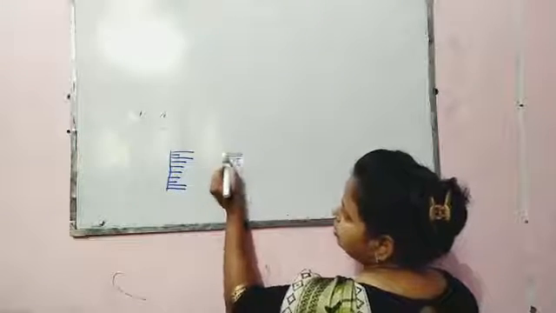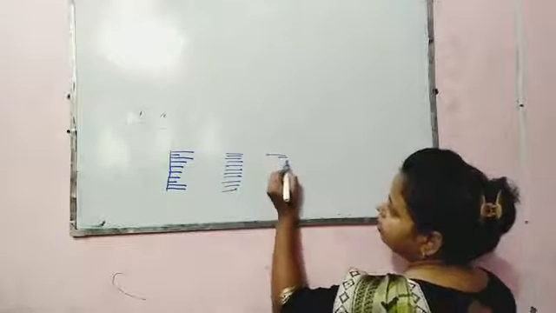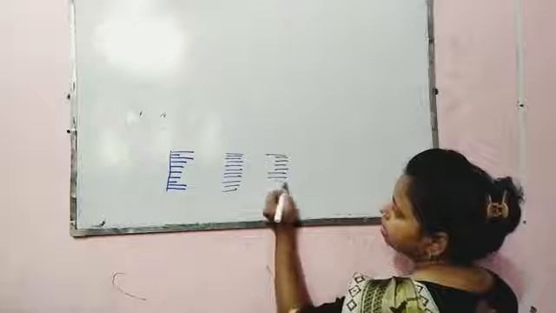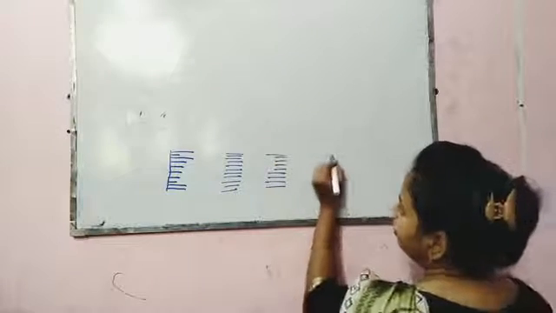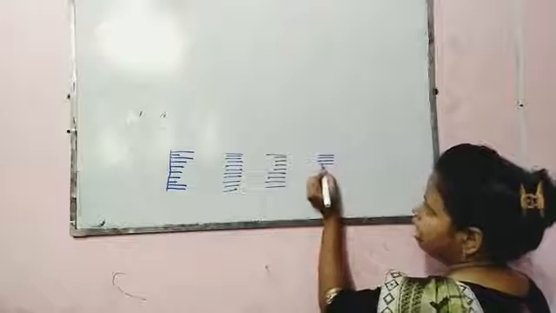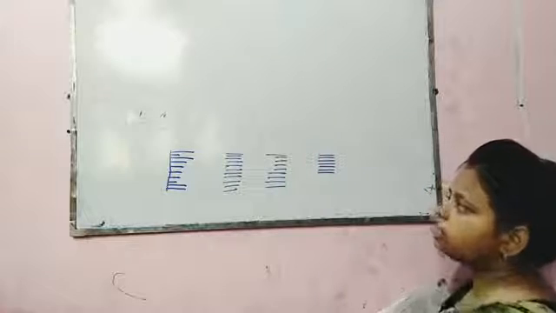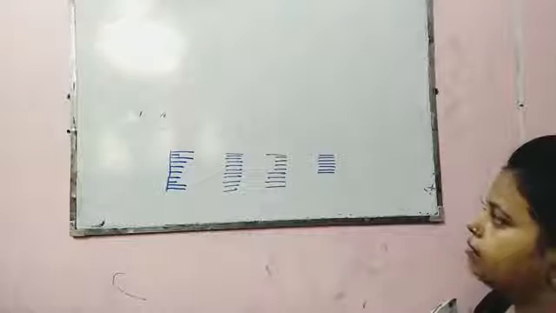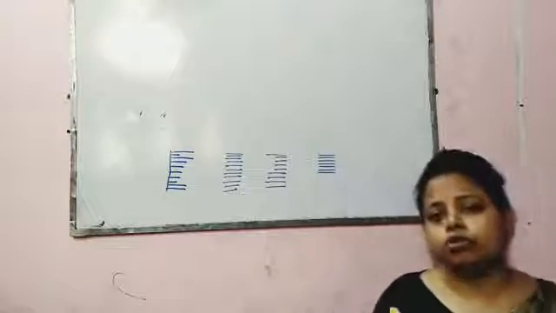And in center, it is just in the center only. In right alignment, it is equal from the right side. And justify is equal from both sides, from the left side also and from the right side also. So these are the 4 types of alignment: left, center, right, and justify. It depends on you which alignment you want to use.